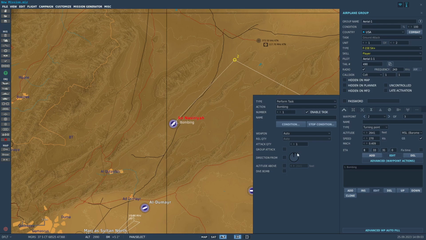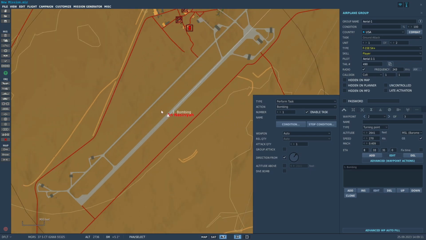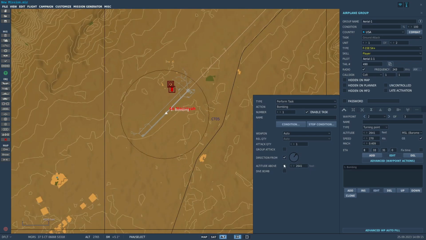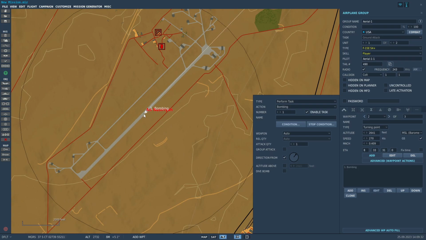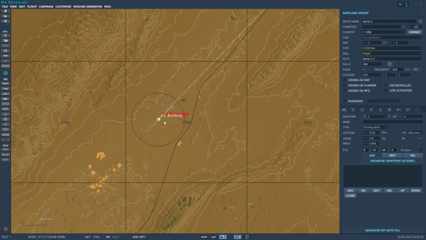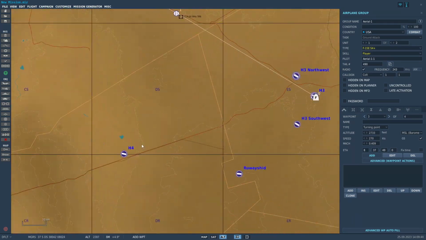Let's see. I'm trying to think of. This direction. Altitude above. Yeah, we'll just do that. It can be a little bit tricky, like I said, to try to get them to do exactly what you want. Hopefully, this will actually work for the mission. It should. I believe if you tell them in the radio menu to attack, target, and then rejoin or whatever, they'll do that. So go here. We'll set this